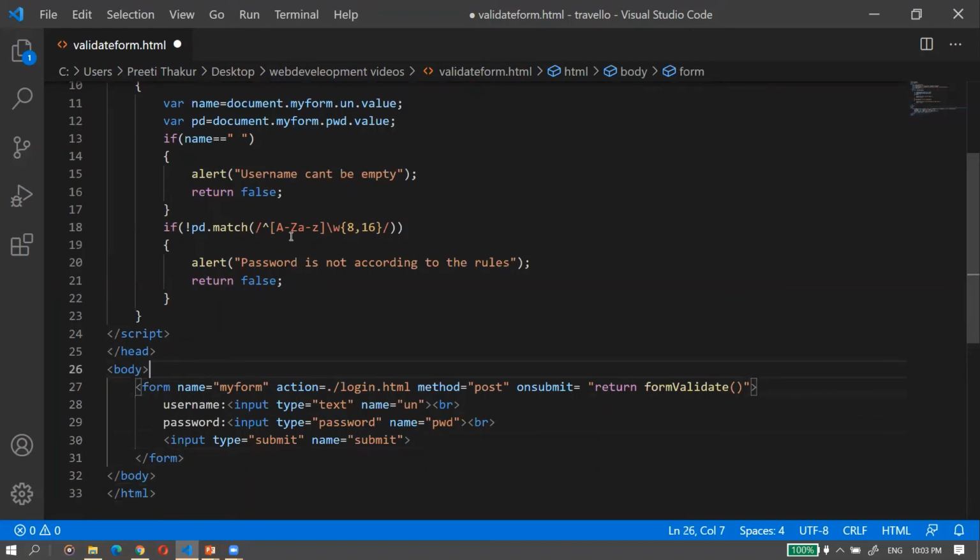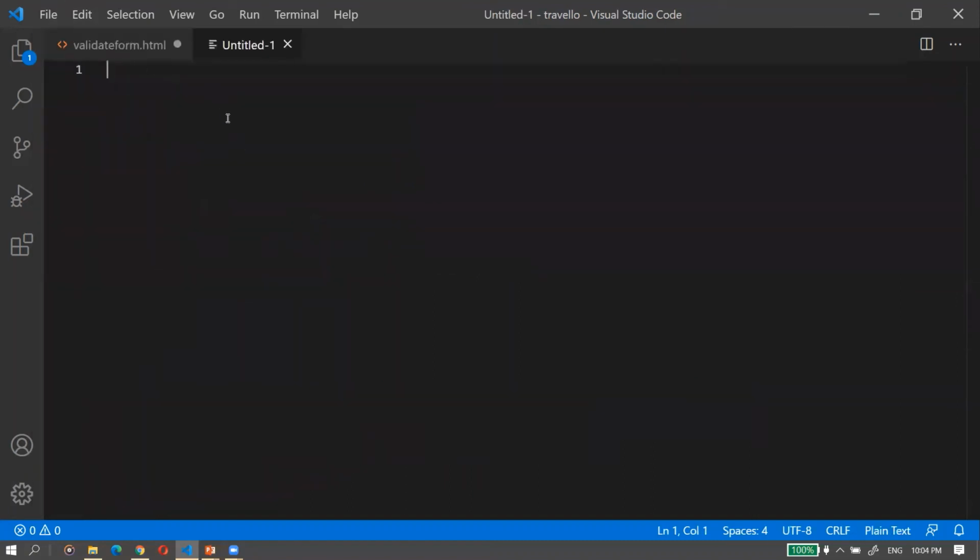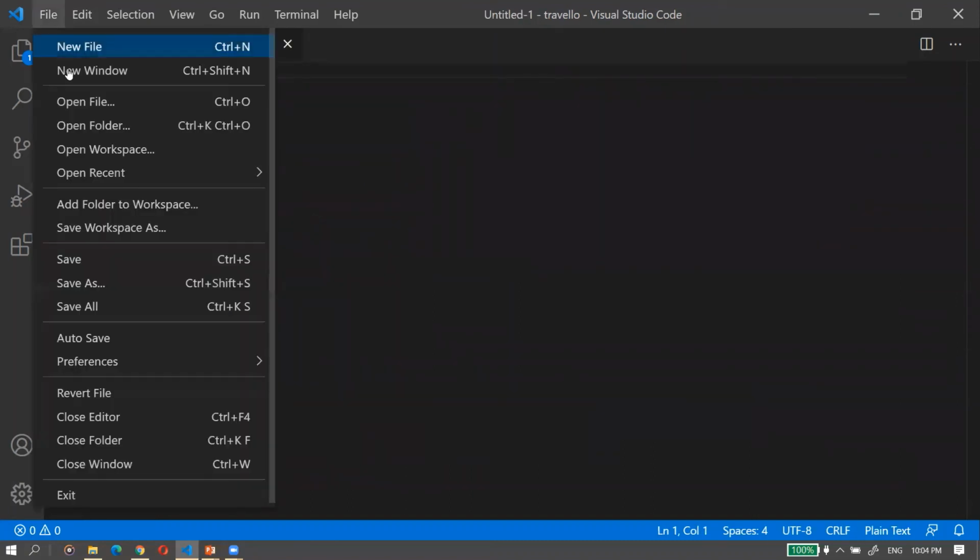Before execution of this particular page, I'm just creating a new file called login.html so that if the page validates, then this will navigate to the login.html. So let's create a new file called login.html. Let's save it.